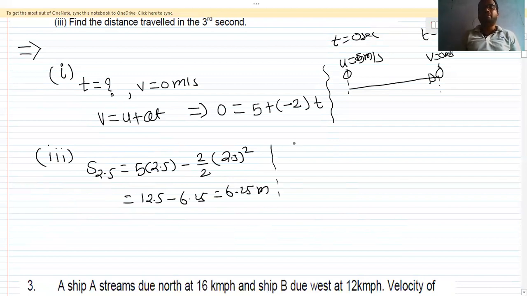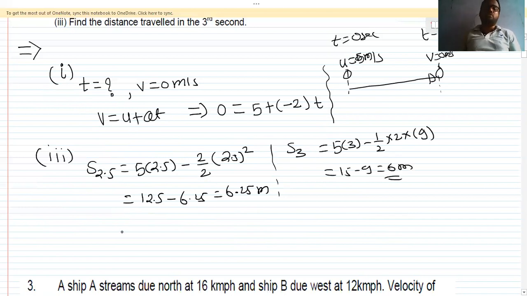Now find out the displacement in third seconds. So displacement in 3 seconds is equal to u into t, that is 3, minus half into a, which is 2, into t squared, which is 9. So if you solve this, 15 minus 9, and then you will get 6 meter. So in 2.5 to 3 meter, it will travel a distance of 0.25. So from t is equal to 2.5 to t is equal to 3 seconds, it will travel the distance of